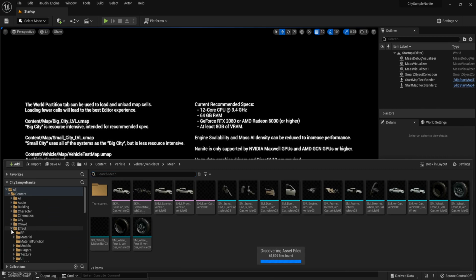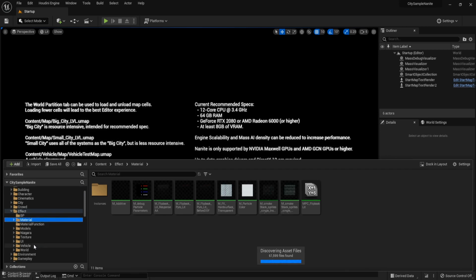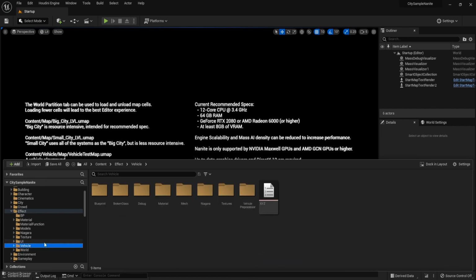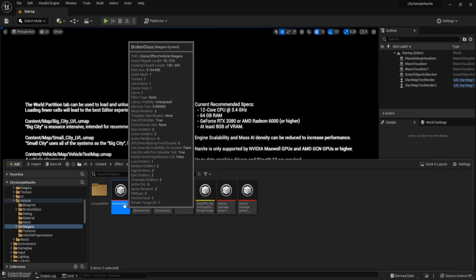Go to Effect and Material, non-material, we go to Vehicle and open Niagara, broken glass.